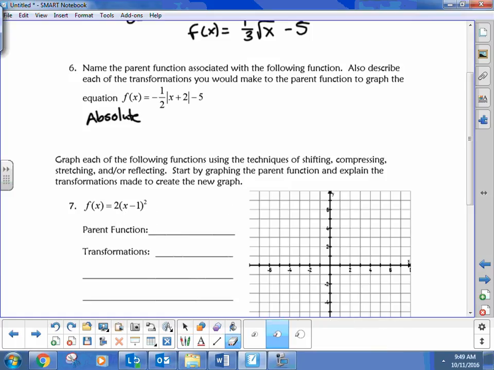Let me erase this here. So first of all, we're dealing with absolutes, and then after that, it says right here, also describe each transformation you would make on the parent function to the graph. Okay, so first of all, it's going to reflect. Always start with the ABCs. So it's going to reflect, and so I'm going to start with this value, the A value. That's its value here. And it's going to reflect across